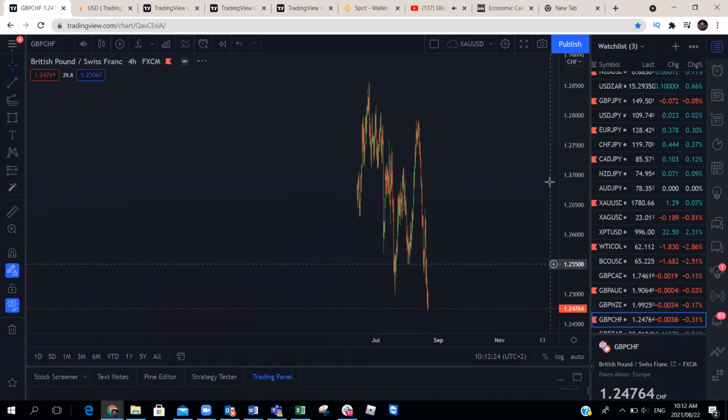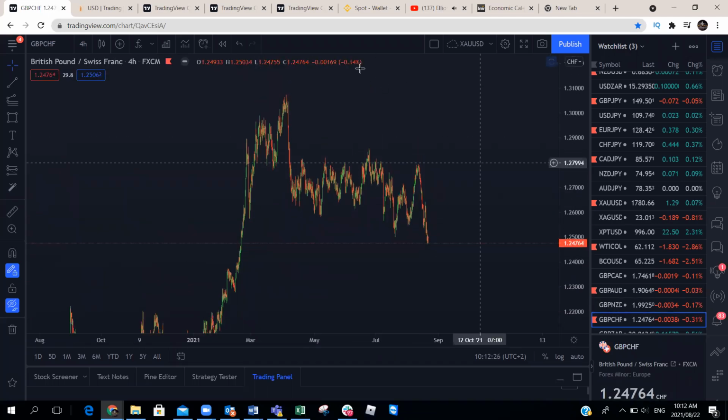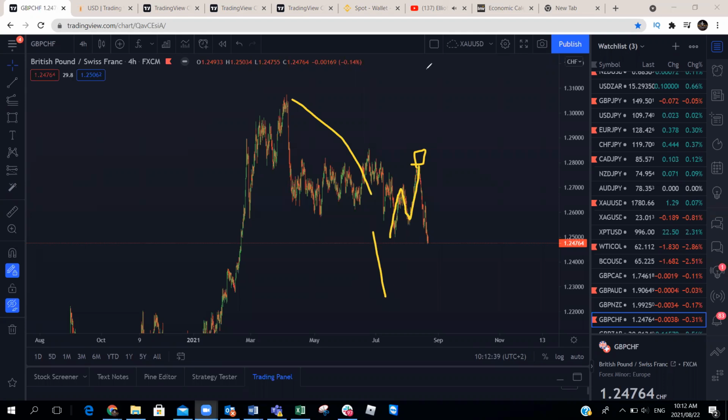Pound CHF continues lower. Right, so pound CHF, last week we had this 3-wave pullback here that reversed from the blue box. We focused on the blue box here. We've got a 3-wave continuation pattern here. So that meant that this move to the downside continues because of that continuation pattern there. So let's have a look here. So we've got that as a 3-wave structure, and we'll look for this one to continue lower, okay,